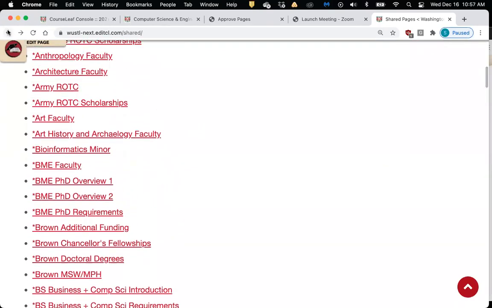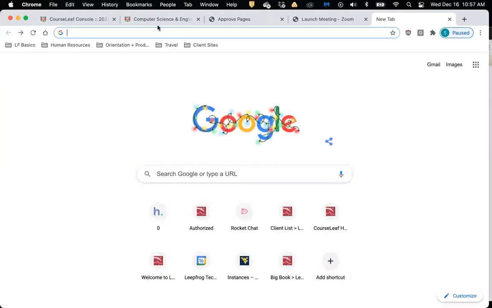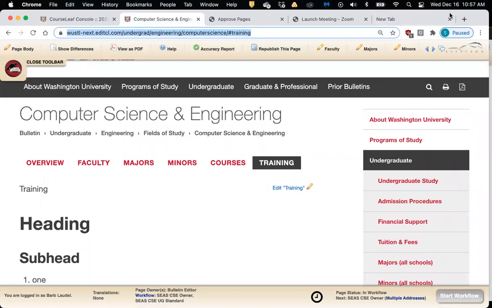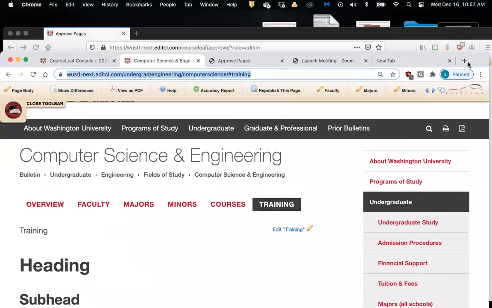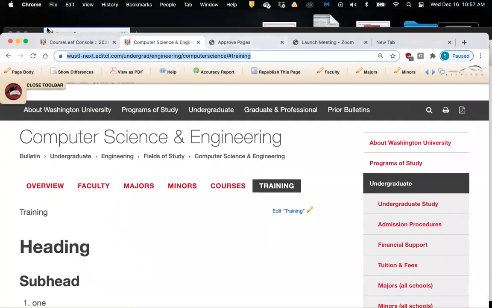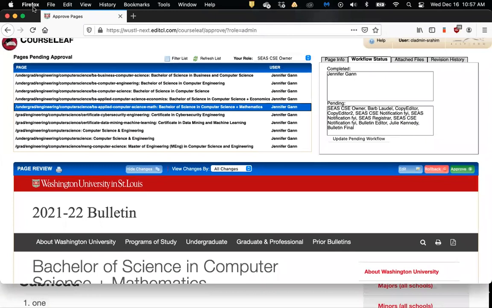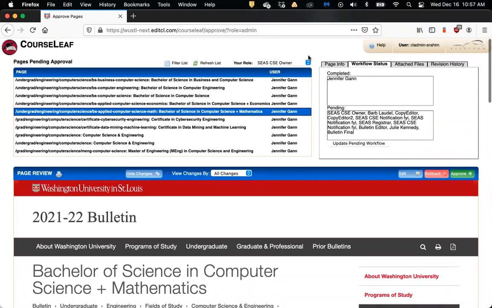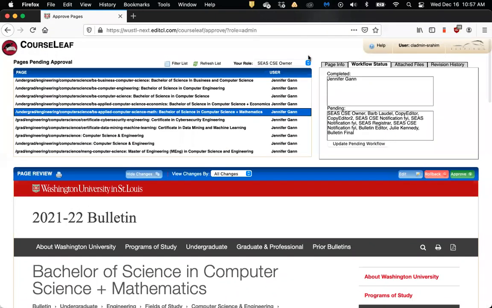All right. So the last piece of this is in regards to the approval area. When I go into your approval page area, let me make sure I can actually go in. I'm going to go in here as an administrator. I'm on a different browser here. But when you go into your approval area, to get there, you'll want to just type in CourseLeaf /approved.